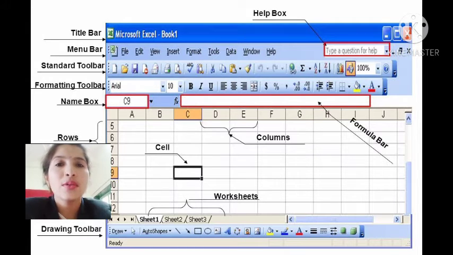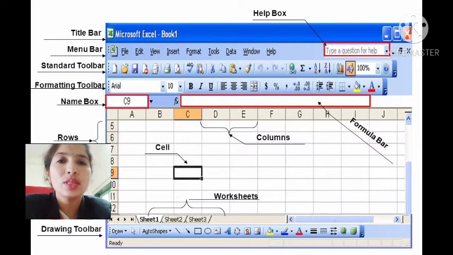Now next we are going to see the menu bar. In that menu bar, different tabs are there, and in those different tabs, different commands are there, like home, insert, formula, page layout, data, review and view.